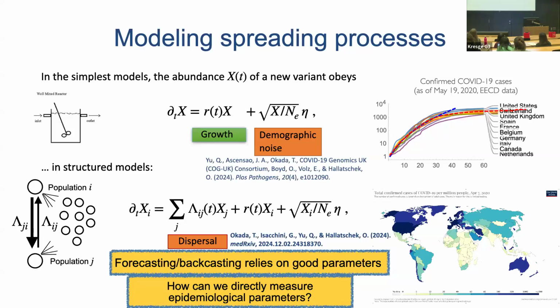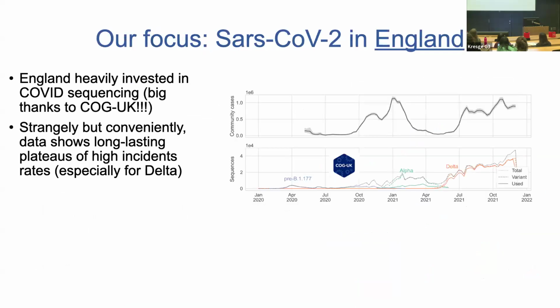So what kind of data did we really use? One of these papers is already published, and the other one is a preprint at this point, being in a very, very long review process. We focused on England in both cases simply because it was sequenced extremely well, especially during 2021. And another reason to focus on England was, we had this discussion before,